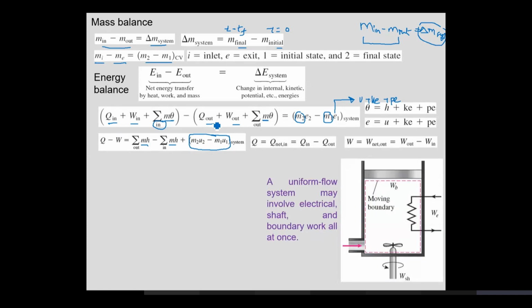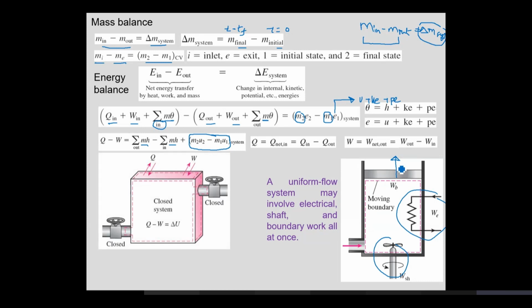Again, a uniform flow process may involve electrical work, shaft work, and the boundary work associated with the system. If you look at this equation, if I have closed the inlet and the outlet, there is no mass flowing into the system. In such a case, this term would be 0, and essentially Q minus W is equal to